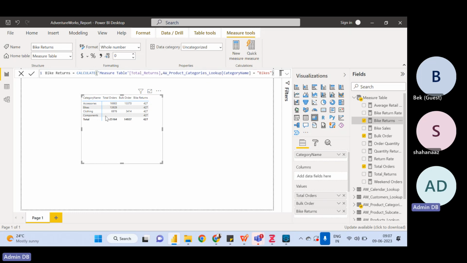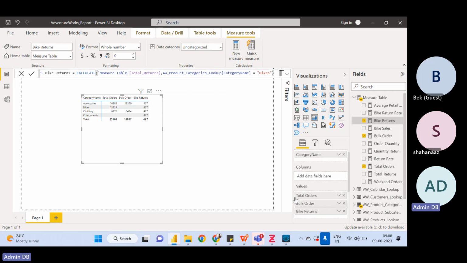And that filter will take priority over this filter. Hence, this 427 is repeating here, right? Because we have category name here also, and inside bike returns also we have category name. So this repeat that is happening over here is fine, is correct, because there is a reason behind this repeat,